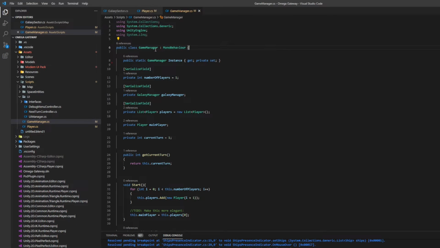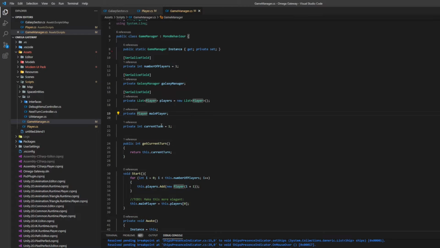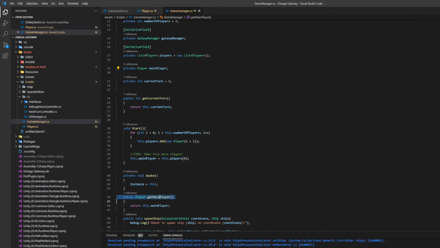Then I decided that it would be very convenient to have some of our manager classes as singletons, so we can access them through the application. I am not a big fan of this pattern, but it's really useful when implemented with classes that will only have a single instance in the whole application. Like for instance our new Game Manager. Game Manager will be in charge of dealing with settings related to the run itself, like the number of players, passing the turn, etc. We'll also define the main player, and another method to get the current player at any moment.